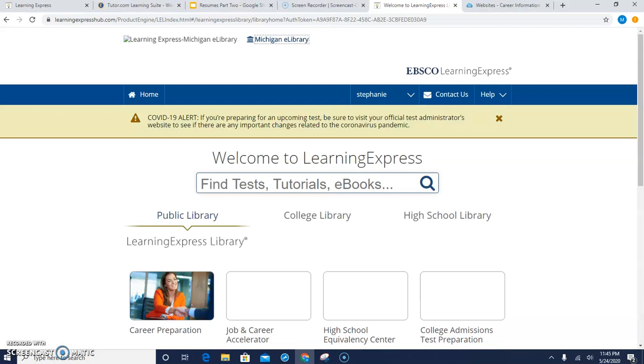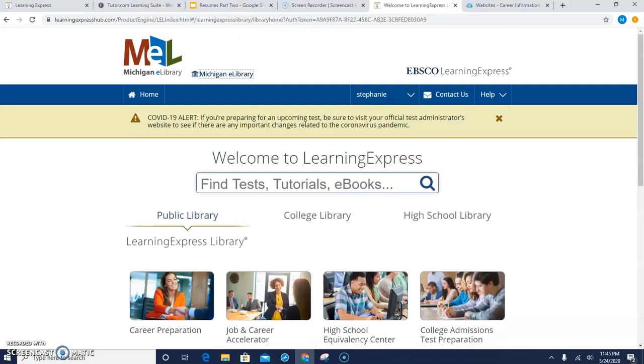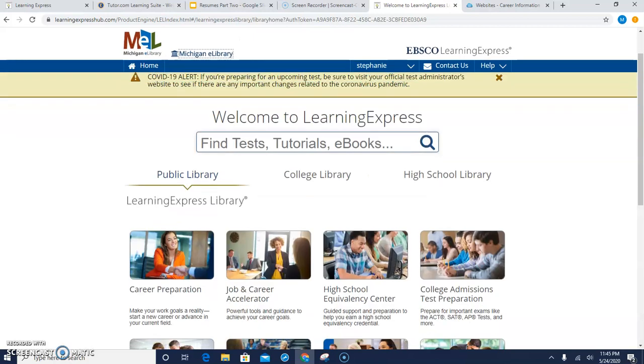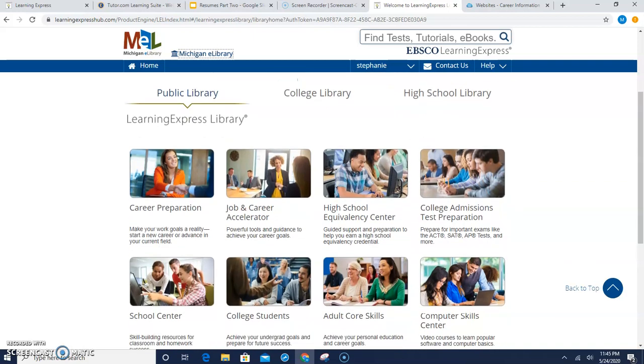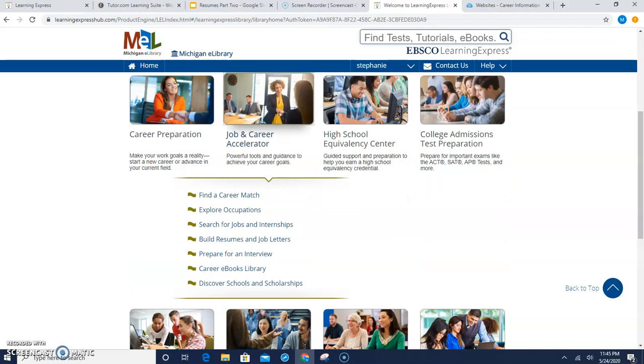And once it pulls up, you will have to create an account. It's very easy to do so. It's just going to ask you some basic questions. But once you do, you're going to come to a home screen that looks like this. I'm going to have you select the Job and Career Accelerator. It gives you some great tools, not only for building your resume and cover letters, but for searching for jobs and exploring occupations. So if you go to Build Resumes and Job Letters,